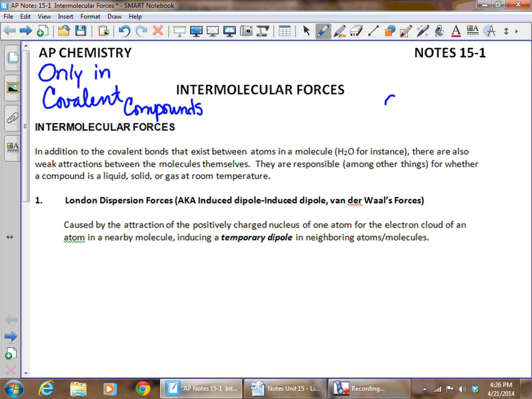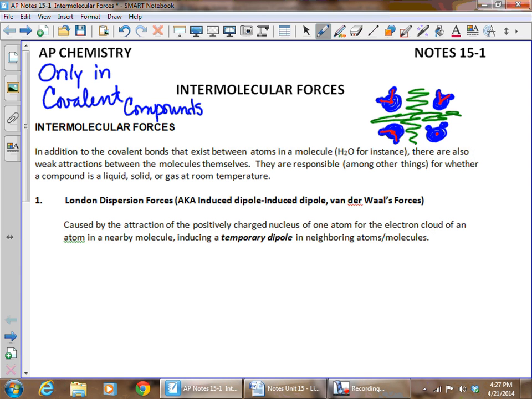So let's say we have some water molecules here. We've got these water molecules we're drawing with these little Mickey Mouse head shapes. So we've got the oxygen face and the little hydrogen ears. And we can make sure we realize that when we're talking about intermolecular, we're talking about the attractive force that exists between these molecules. Within the molecules, those would be an intramolecular force that would be within the molecule, covalent